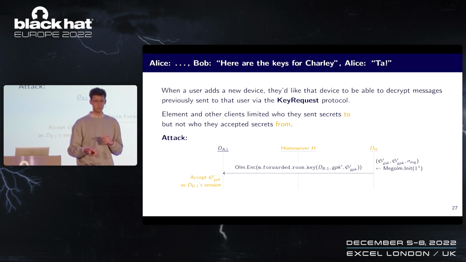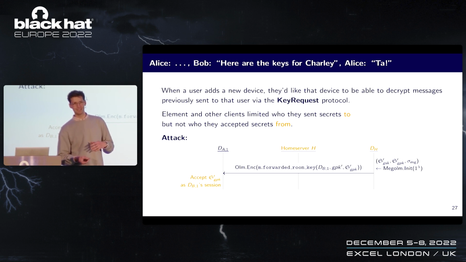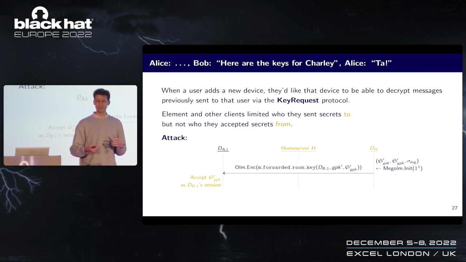But it's also super important that when you accept secrets, you only accept your decryption keys from devices that you trust as well. And this was the implementation mistake that Matrix had made. They'd only implemented the verification on the sending side and not on the receiving side. So a malicious device can generate a new session and send, via this key request protocol, a message to Alice to say, oh, hey, by the way,